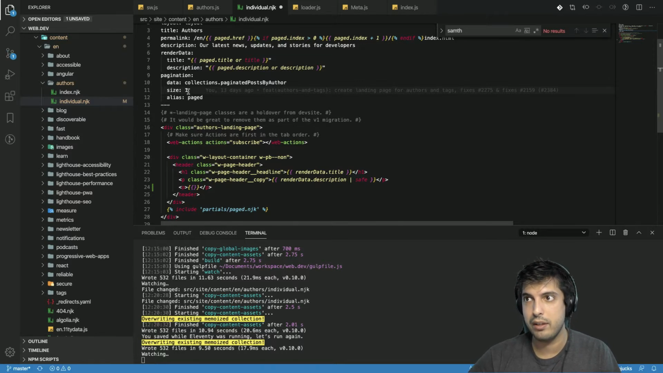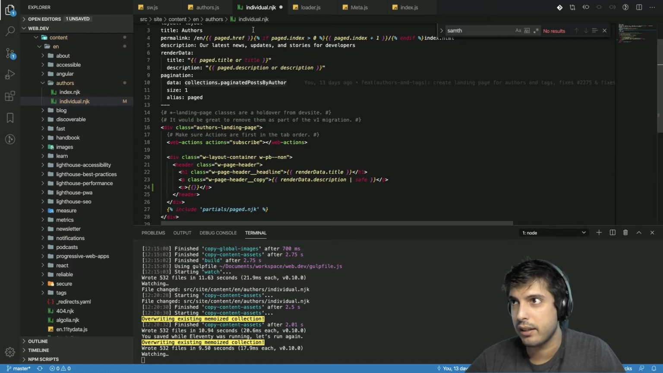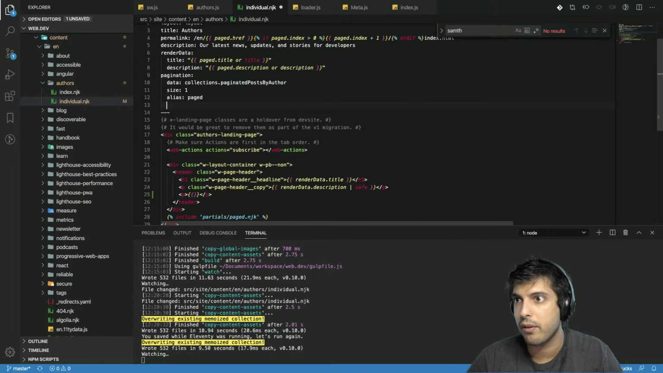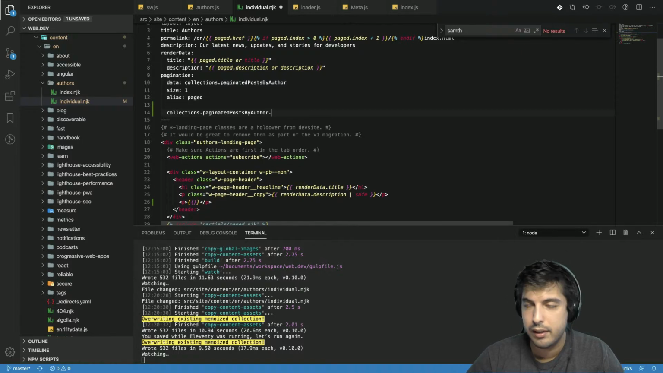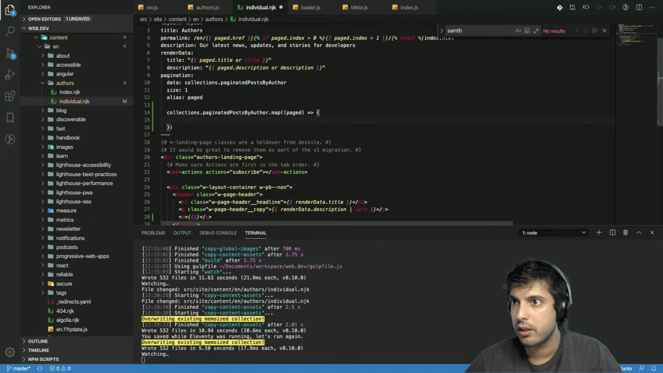So each page is just one element from this array called paginated posts by author, and the variable is just paged. So what that kind of looks like in how it's implemented here is, if you're a JavaScript developer, it would look something like, it really just looks like a forEach statement, or actually, it's more like a map function where,